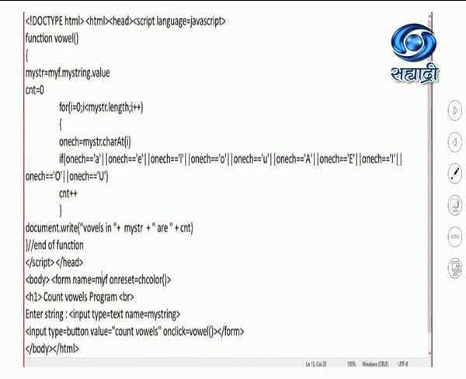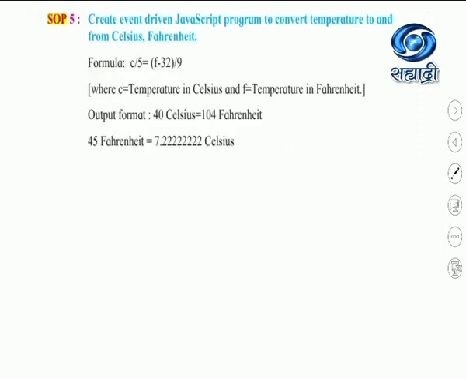Students, this is the pipe symbol on your keyboard above the enter button. So here the loop is going to execute from 0 to less than length. This is important, you are supposed to write less than length. Once I finish the counting, I'm just displaying how many vowels are in this. Students, do remember the syntax of this. Here I have given single quotes. So this is how to count vowels, which is your SOP.